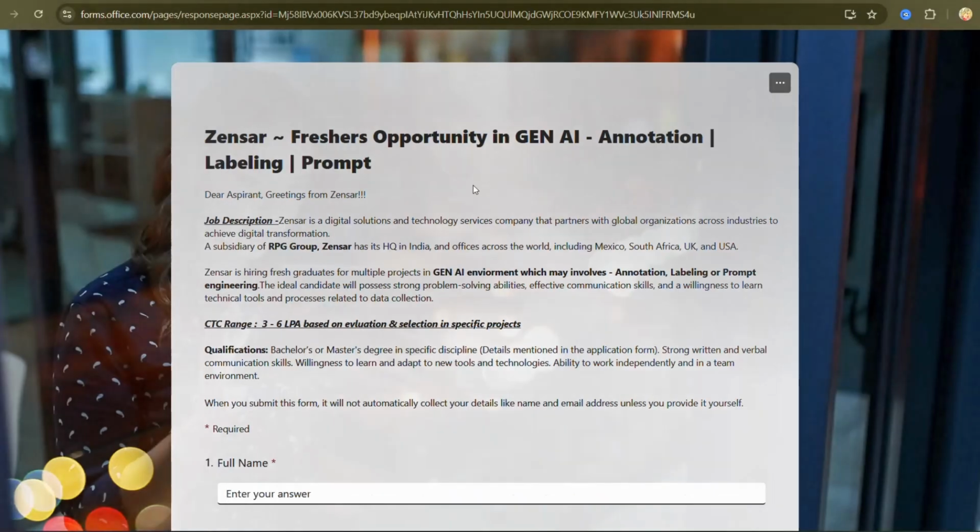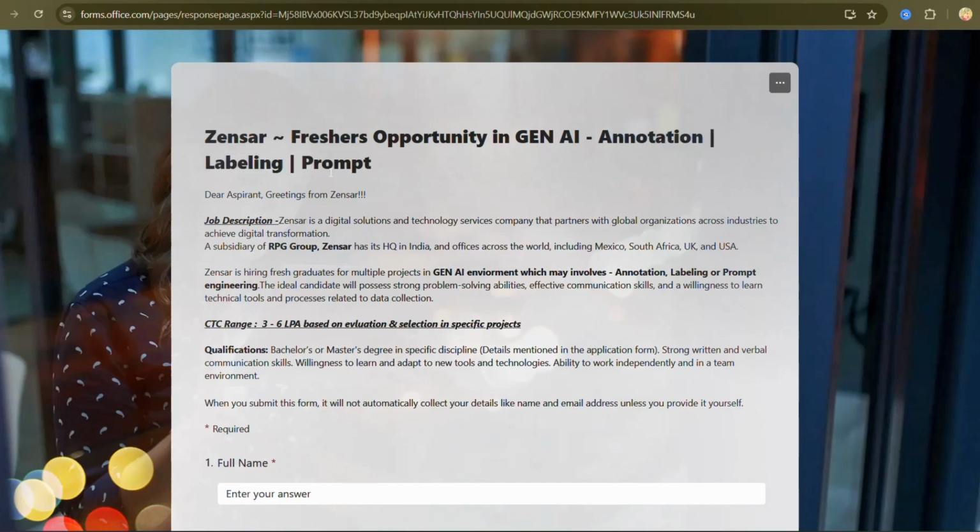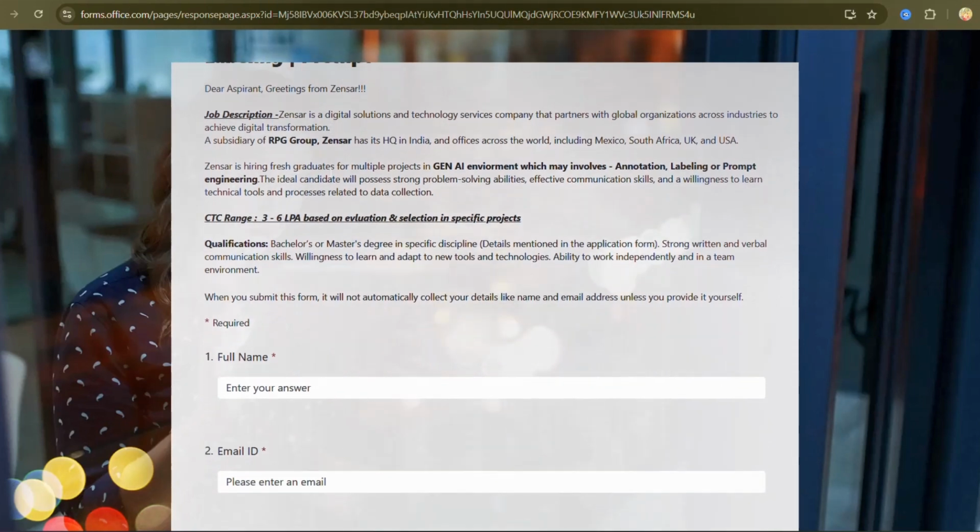So next hiring is conducted by Zensar, and they're hiring for Gen AI annotation, eventually as a prompt engineer, and the CTC you will get is around 3 to 6 LPA based upon your evaluation and selection. The qualifications required are a bachelor's degree or a master's degree in a specific